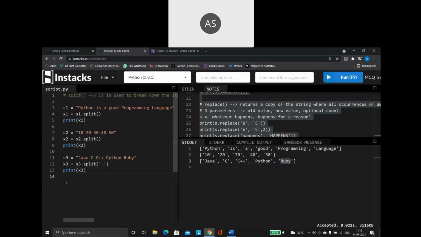So like this, I can use anything as a separator, provided if it is anything other than space, I have to mention that within single quotes or double quotes inside of my split function. Say for example, take this one. So I'm saying string equals to, let me copy the string.